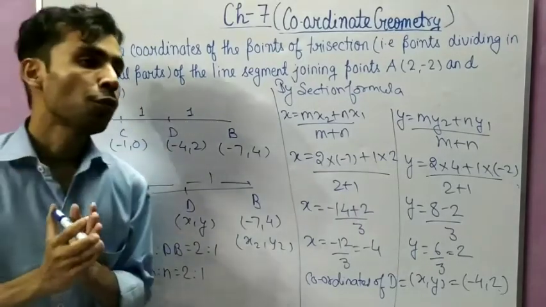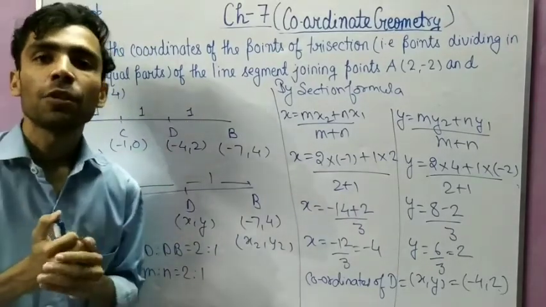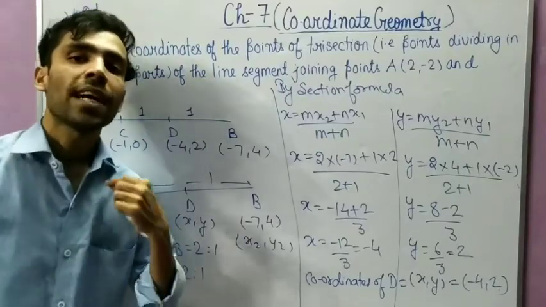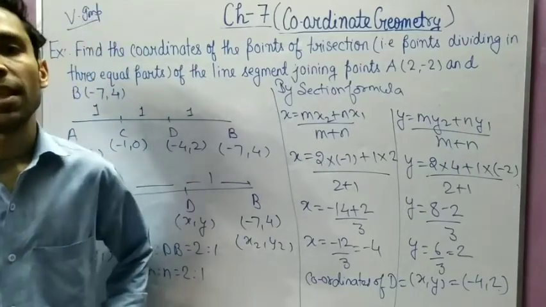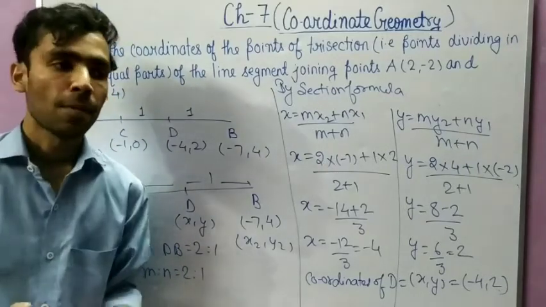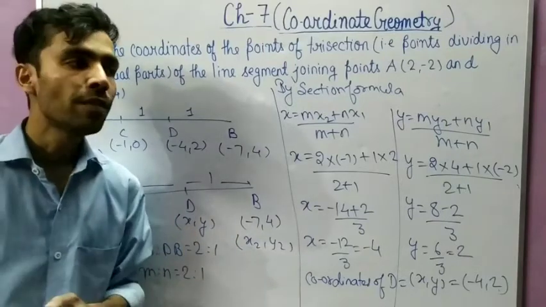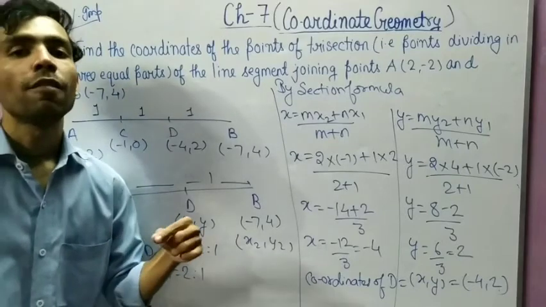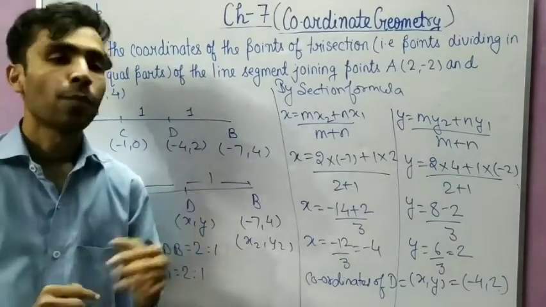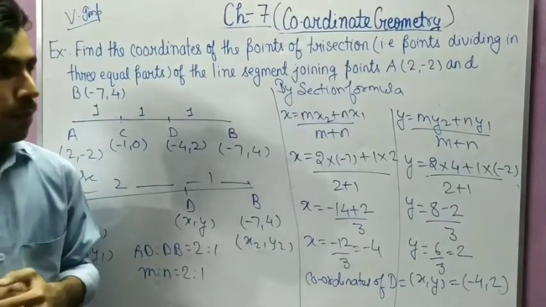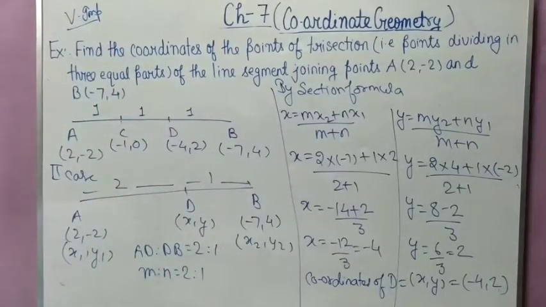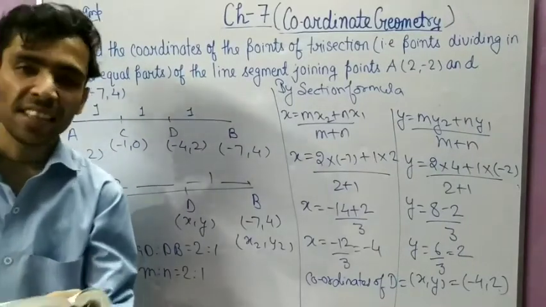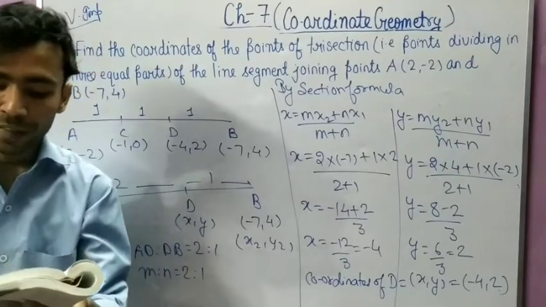Listen student, up to what we have studied now, that is sufficient to solving this whole chapter except exercise 7.3, which is excluded by the CBSE for this session, okay, because due to coronavirus 30% syllabus has been removed. So whatever I have taught you till now, that is sufficient to solve all question till 7.2, okay. So I think you can solve exercise 7.2 up to question number 4 easily, student. Up to question number 4 you can solve easily.